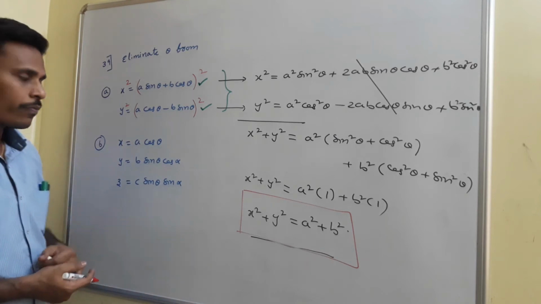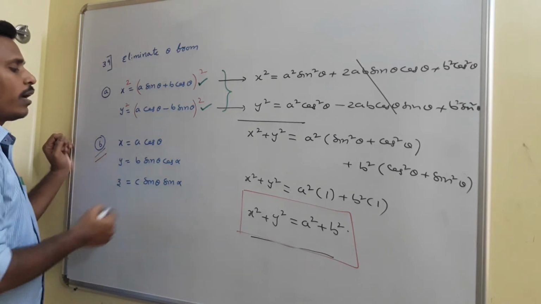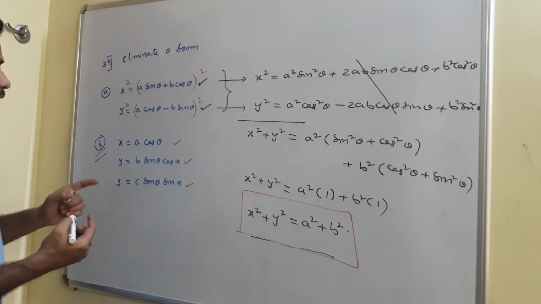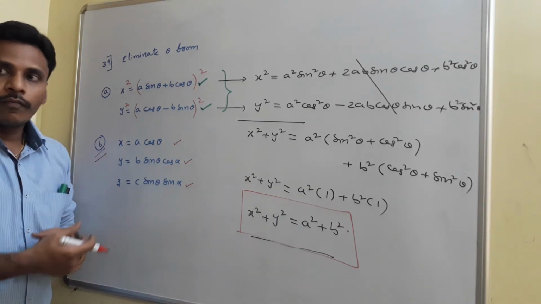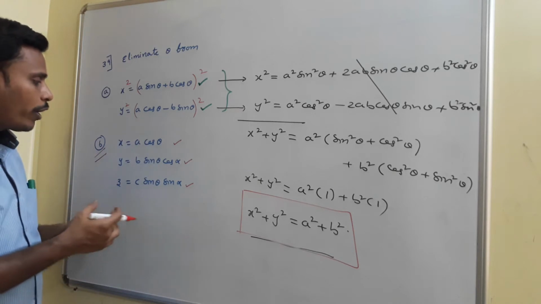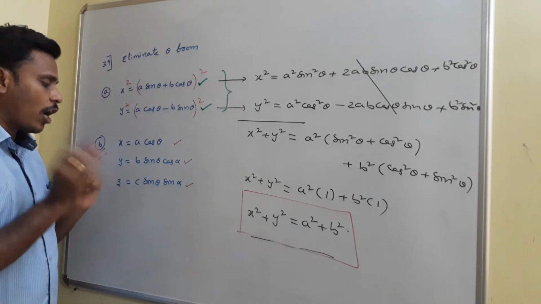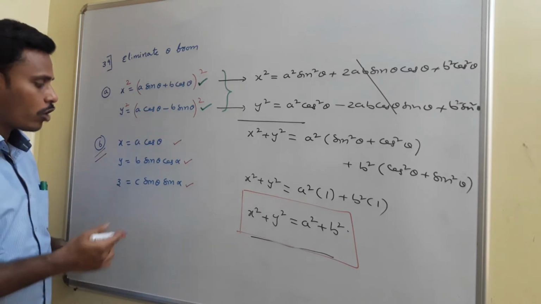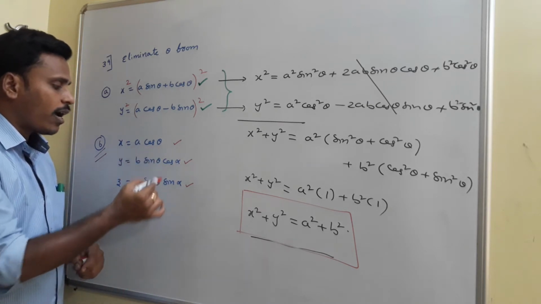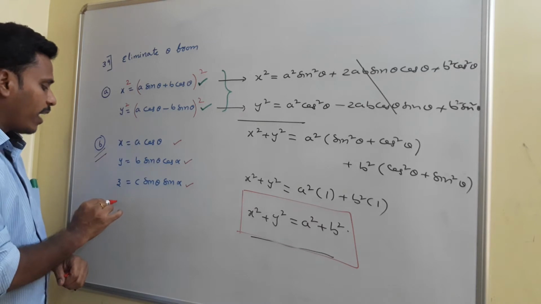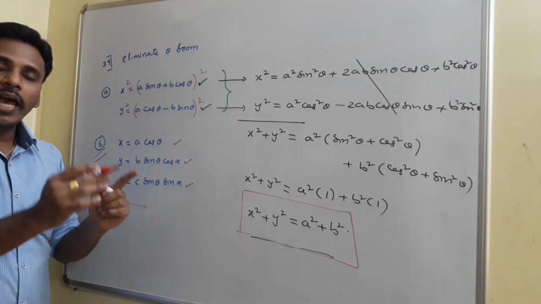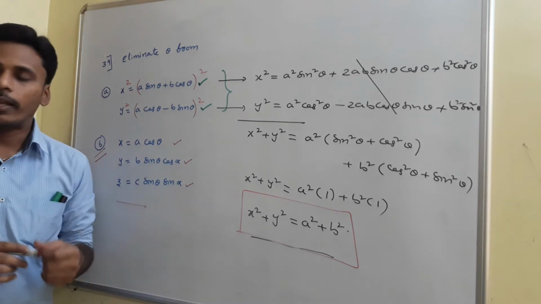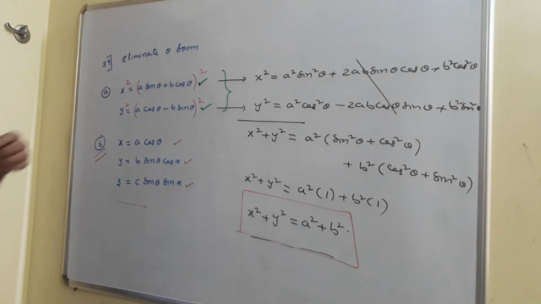That's the first problem. Now look at the second problem. For this problem we have three different relations involving x, y, z and a, b, c. From all those, I am going to eliminate what? Theta and alpha, right? We need to eliminate the trigonometric terms which are involved. I need to eliminate theta as well as alpha, and at the end I need to get a relation between x, y, z along with a, b, c. A very simple problem related to the elimination of theta, the second one also, right?